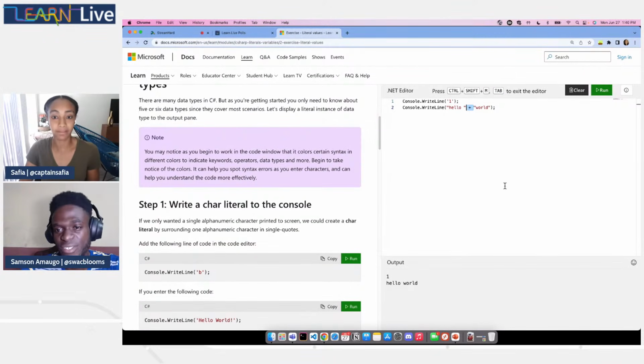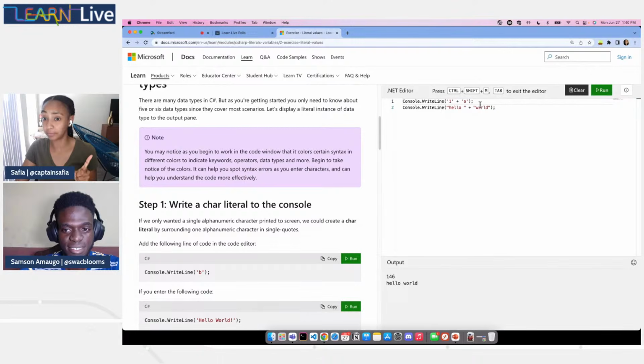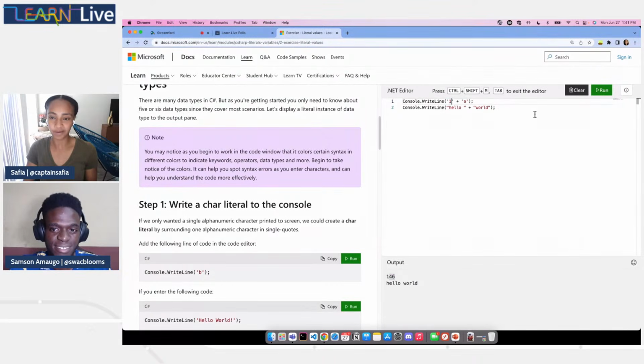I have a question there, please. Yeah. So my question is, what happens when you try to concatenate character literals? Oh, interesting. Well, let's try it and see. So you're saying if we had a character literal, and let's say we concatenated it with another character literal. Exactly. My bet is that we're going to get similar behavior to a string, or maybe not. It looks like what this has done is printed 46, which I think is the ASCII character code for the letter A. And I bet if we change this to an A, we get the